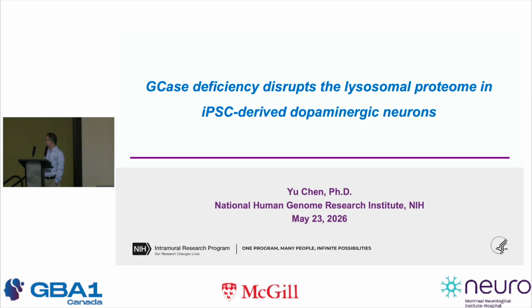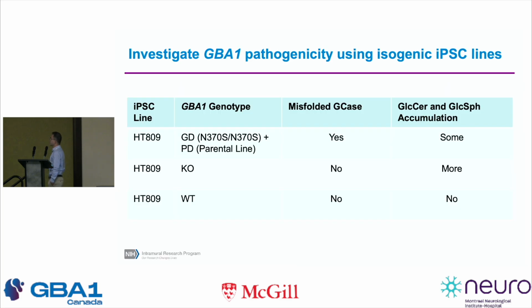In this project, we are interested in how GCase deficiency modulates lysosome biology in iPSC-derived dopaminergic neurons. To do this, we first reprogrammed an iPSC line, HT809, from a patient with both Gaucher disease and Parkinson's disease. This patient is homozygous for N370S, a rather mild mutation. Our plan is to generate a knockout line to increase lipid accumulation and also correct it back to wild type